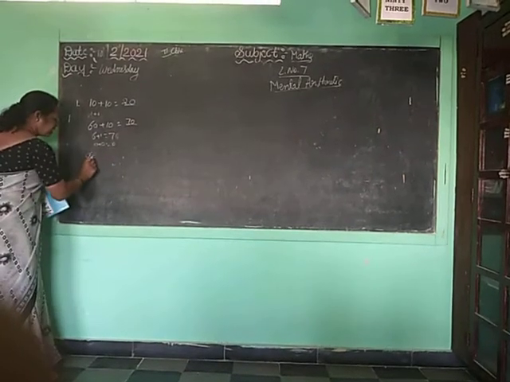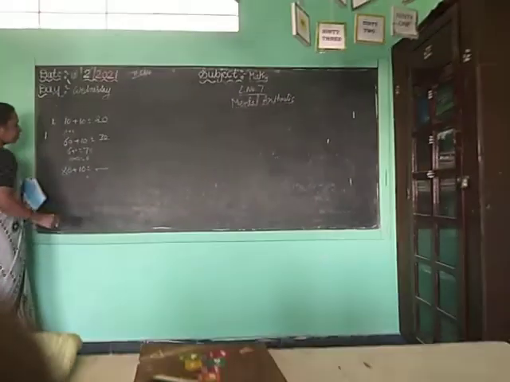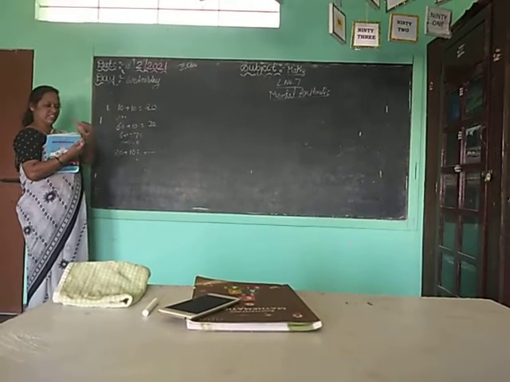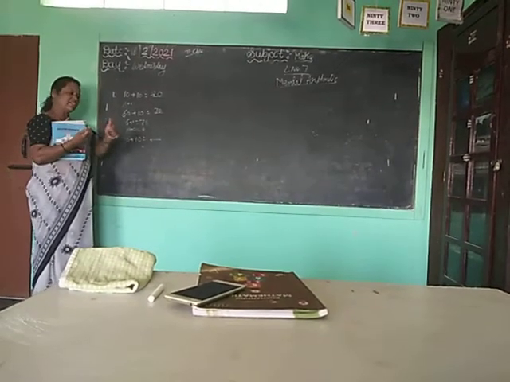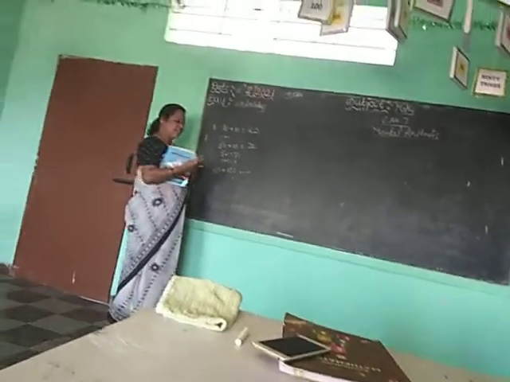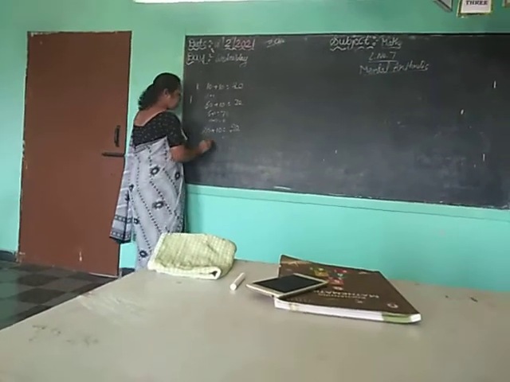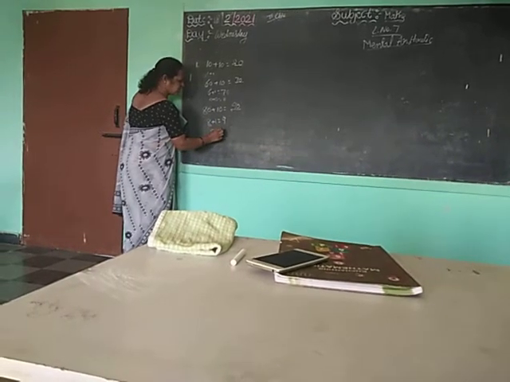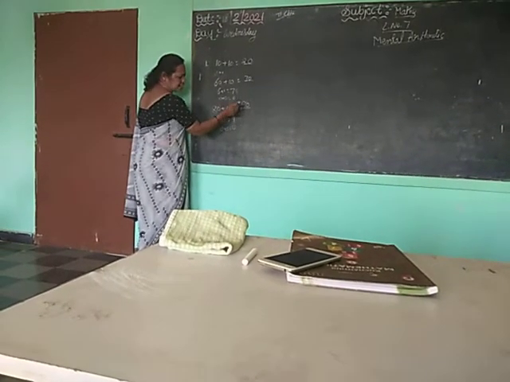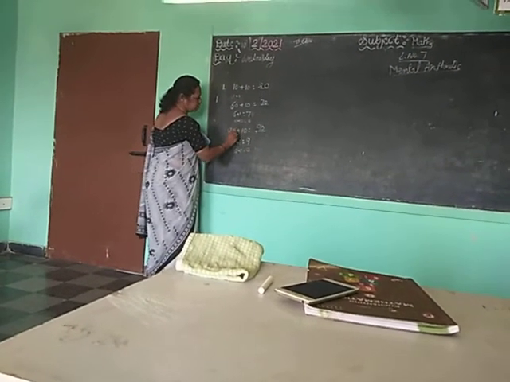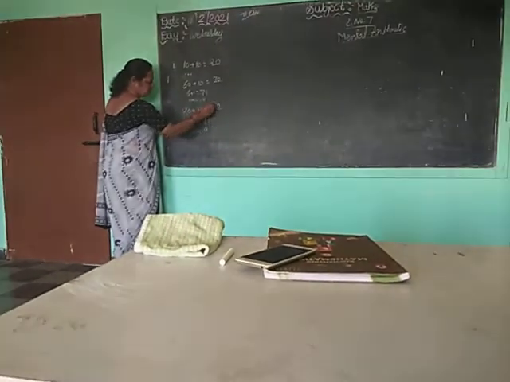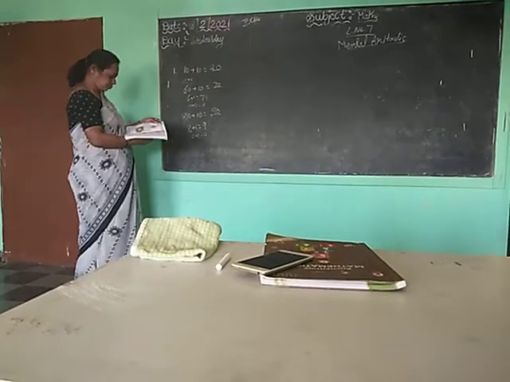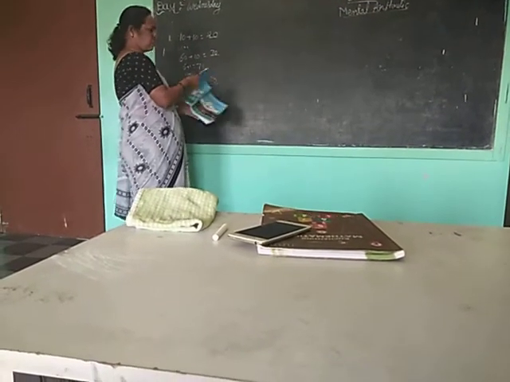Okay. 80 plus 10. So for 80, you think 10, 20, 30, 40, 50 like that. One finger is 10, you think. So 80 is there plus 10. After 80, this 10 one is 90. 80 plus 10 is 90. Or first you add the numbers, 8 plus 1 is equal to 9, and 0 plus 0 is 0 only. So that is 90. Coming to page number 153, children.